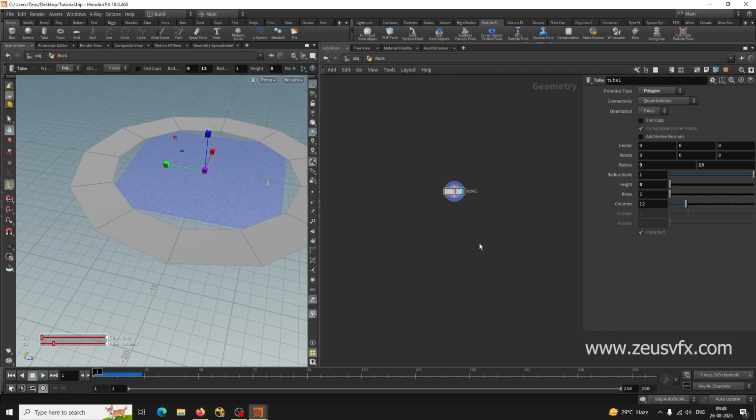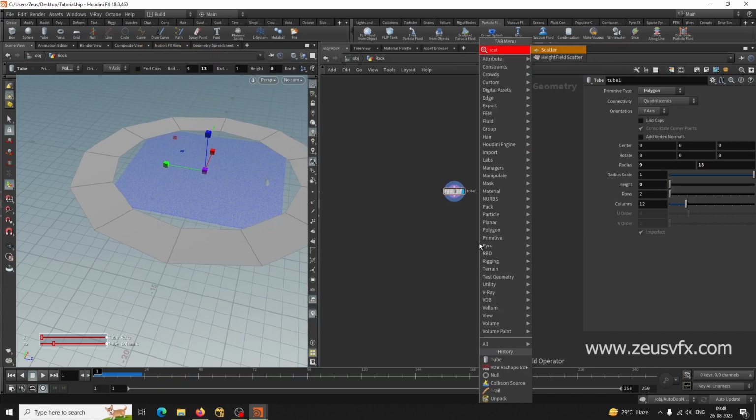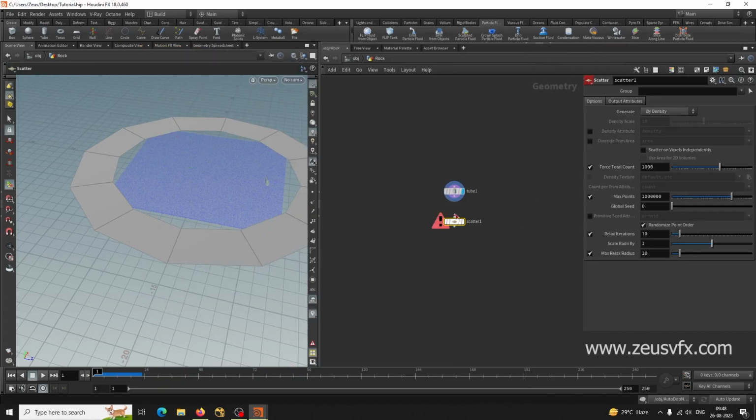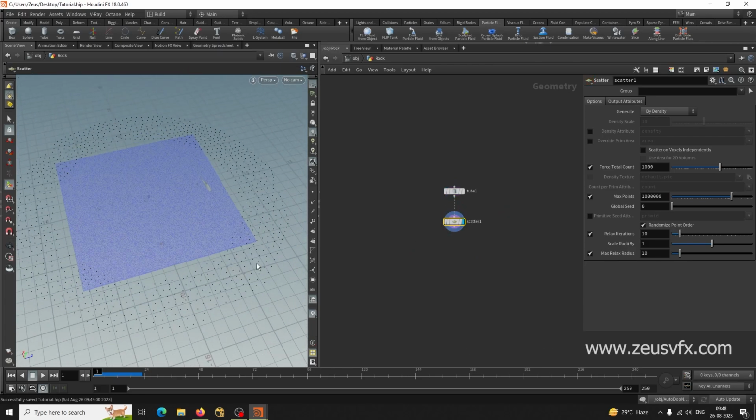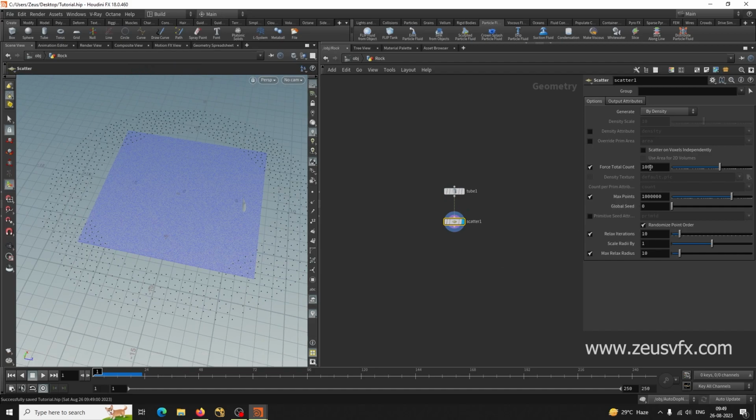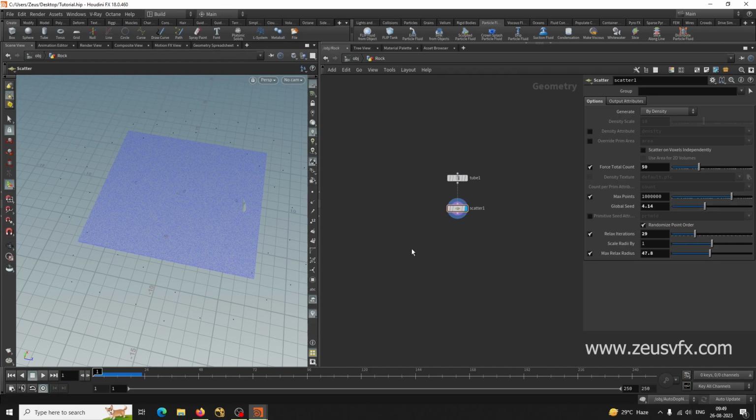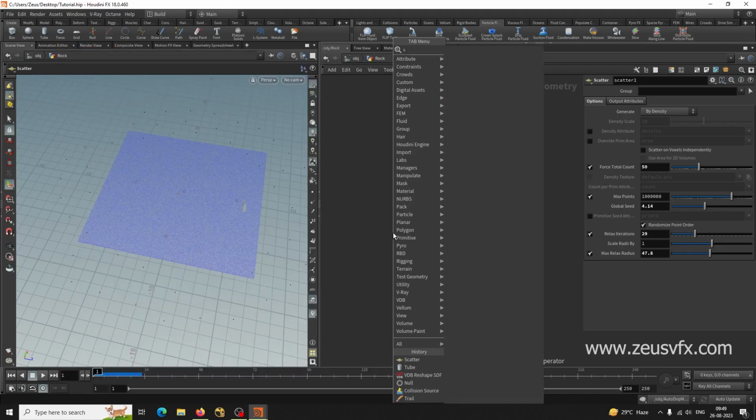Now we need to just do some scatter, and we don't need thousands of these. We just need fewer rocks. You can randomize this by changing the seed value. Now we need some rock. So basically, the rock I made using this, just use this